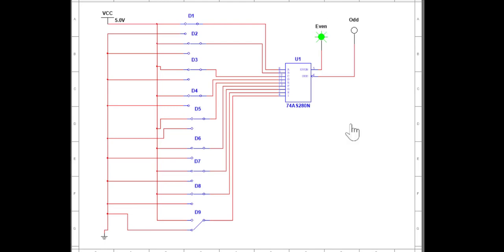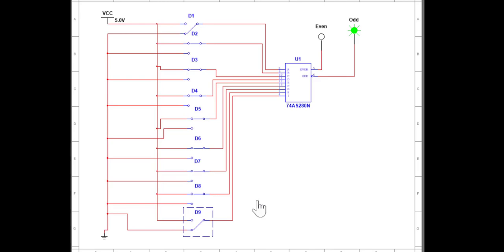Now when you want to check for the parity, we have to use even for the even parity checking and odd for the odd parity checking, without any interchanging. Now let us consider even parity checking first. My all inputs are 1, so in this case my parity bit should be 0. Now if you look here, even output is showing high, which means your data is having an even number of ones, there is no error. Now if I make one of the bits 0, even is showing 0, that means your data is not having an even number of ones, so there is an error. This is how you can check data having an even number of ones in case of even parity.